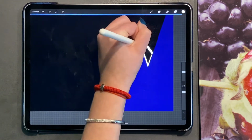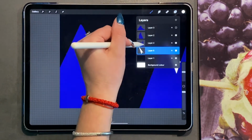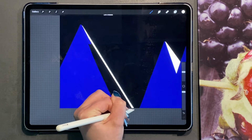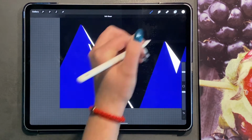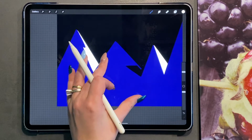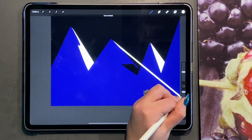by bringing in white here, and then we are going to do the second layer, and we're going to add a new layer again underneath this mountain, and we're just going to bring the white line down here, and we're just going to drag and drop, and then we're going to turn on this very last layer, and we're going to add another white layer, and we're just going to bring it down like this,